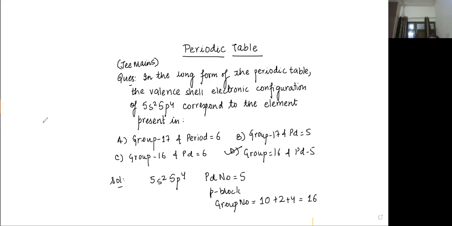So we have done 2 properties. Periodic table complete we have done. Atomic size, ionic size, and ionization enthalpy we have done. So we'll try to cover all the questions because you don't have sheets. So all the previous year questions I'm doing in the class itself. Once these 2 topics are clear, then we'll move on to electron gain enthalpy. Clear? Let me know if this is done so that I can move to the next slide.